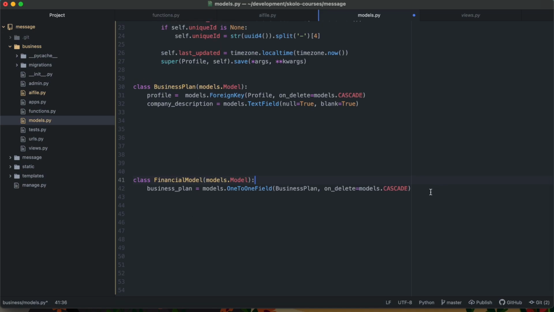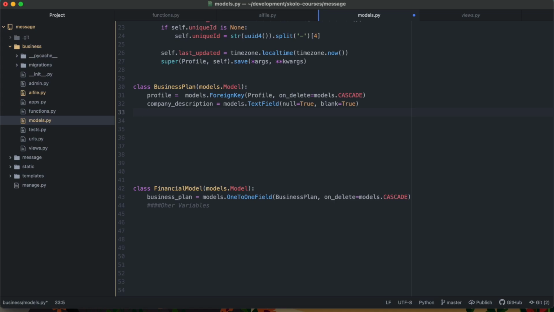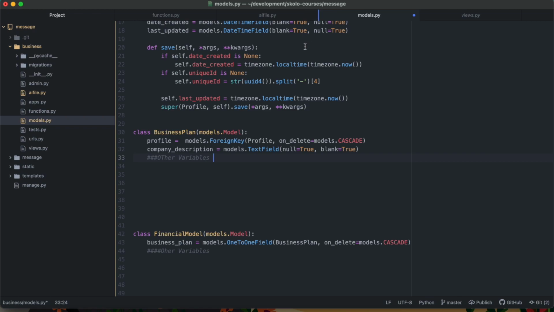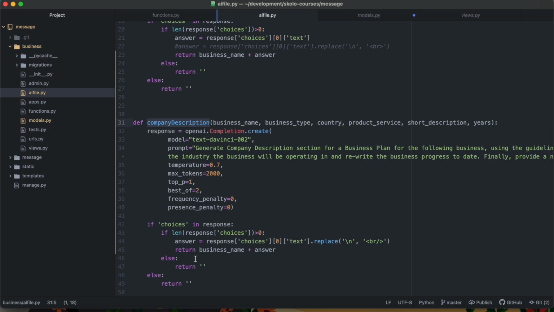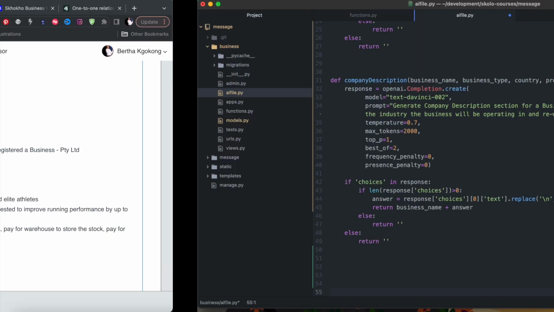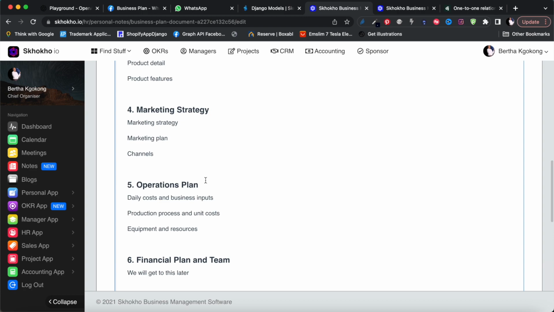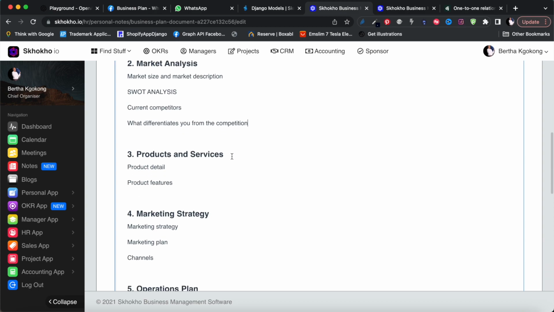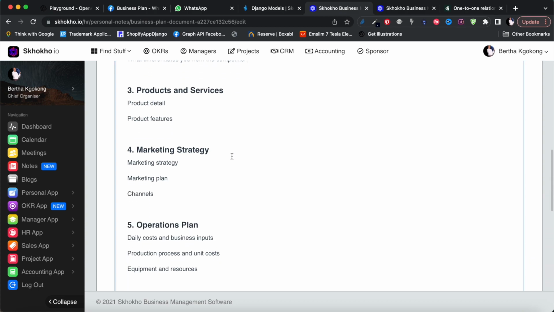Okay, so your homework is to add the other variables, and obviously other variables in here as well. Then when you're done, next week when we meet up, I will have completed this part, which is your homework for the week. Maybe it's a homework for 2 weeks, and you would have created all the other prompts for all the different sections of the business plan. I think there's like 5 more sections. We created this one. I think that was the most difficult section. These other ones are going to be easier, and once we figure this out,